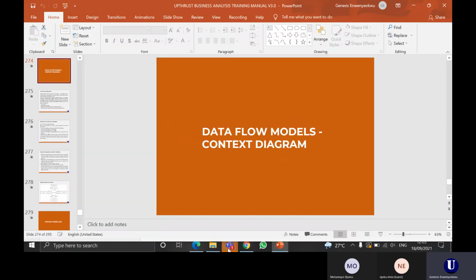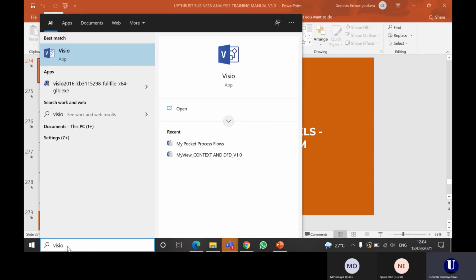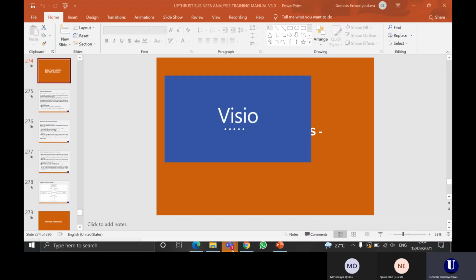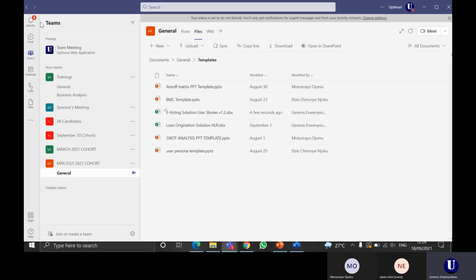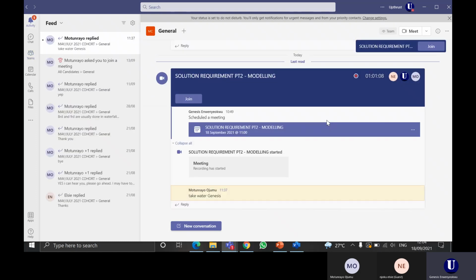I want to open my Microsoft Visio so that I will show us a use case. I hope I have a set of use case diagrams that I've drawn open. If not, maybe I'll have to draw one for us and share with us later because the process of drawing